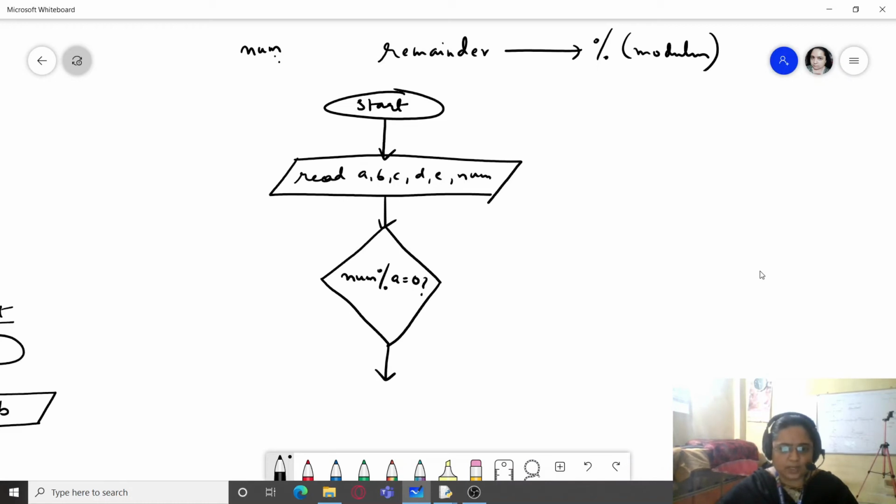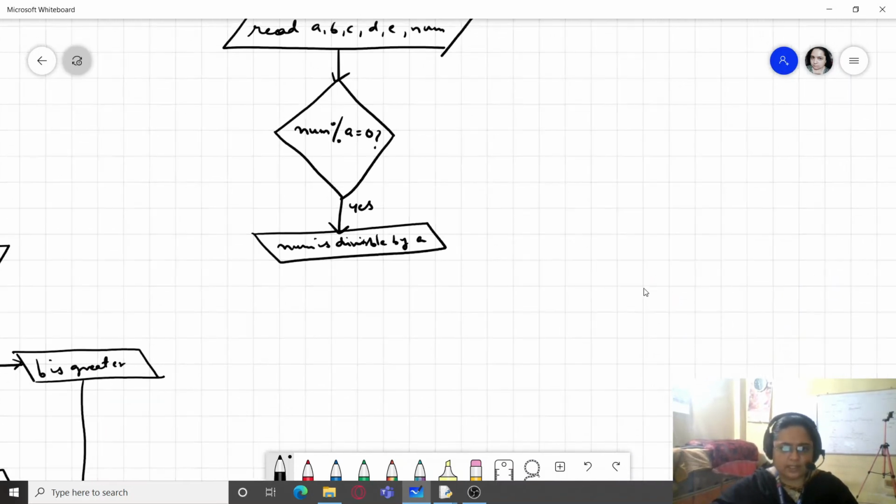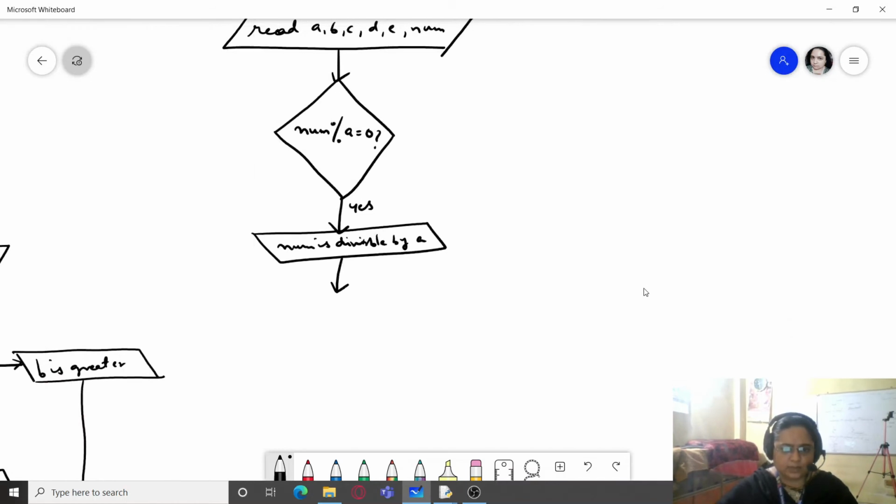Okay, so if it is yes, that is if it is divisible, so we will write num is divisible by A. Okay, and we will move on to the next one. And in case it is no, then also we will move on to the next one.